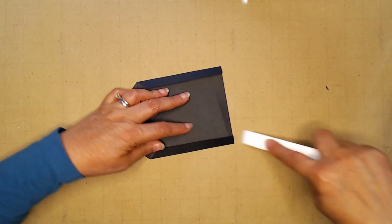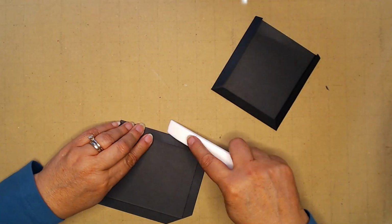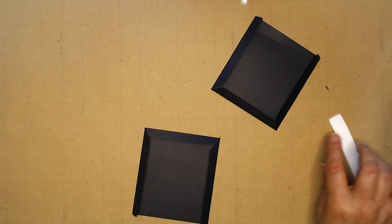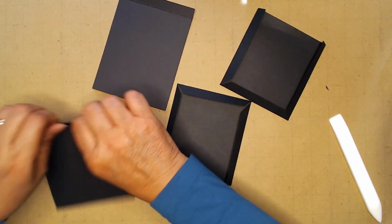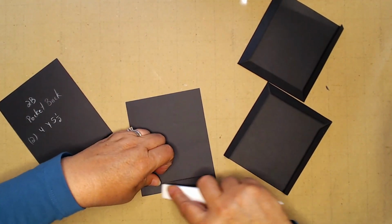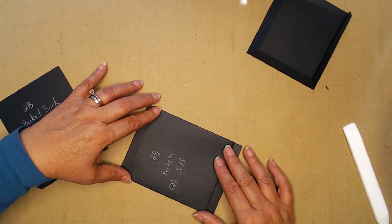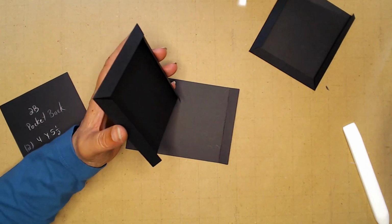So, burnish on the fold lines. Alright, and I'll burnish on this also. Alright, so these are just simply going to go here. So I'll glue that down. And we can